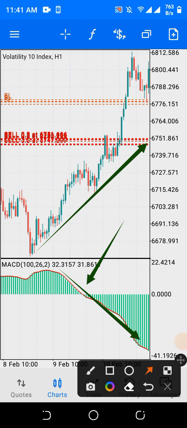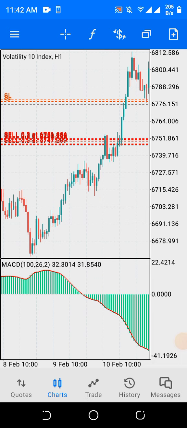Now using this divergence concept, you use a trend line to join this point from down here. You join this point, or this point where the price hit this trend line. So this is where your perfect entry is supposed to be. Using this divergence concept, your perfect entry should be from this point where the price hit the trend line.